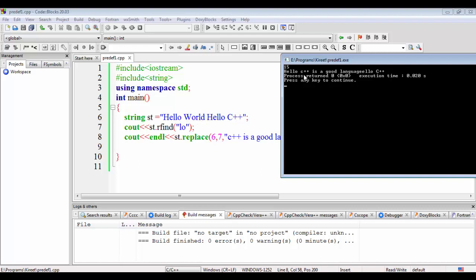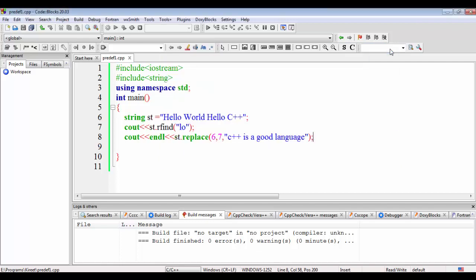You can see that "world" has gone, and it has taken "c++ is a good language". This e has taken the position of capital H, followed by "ello c++". In this way we can perform many operations.